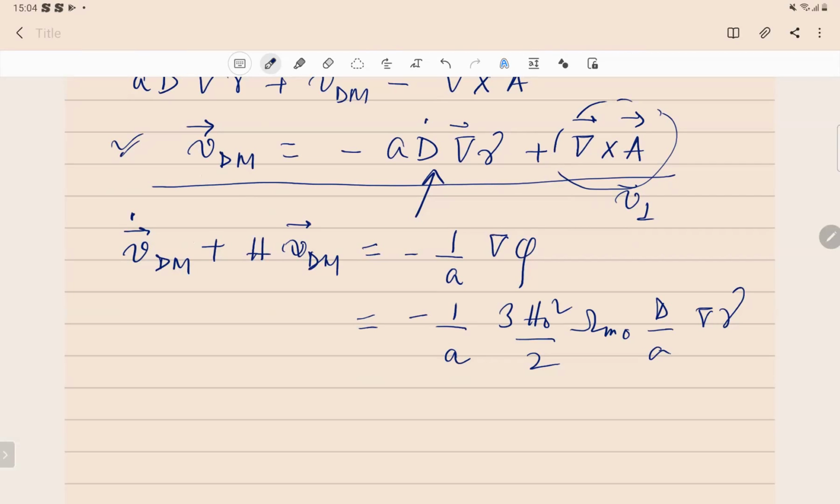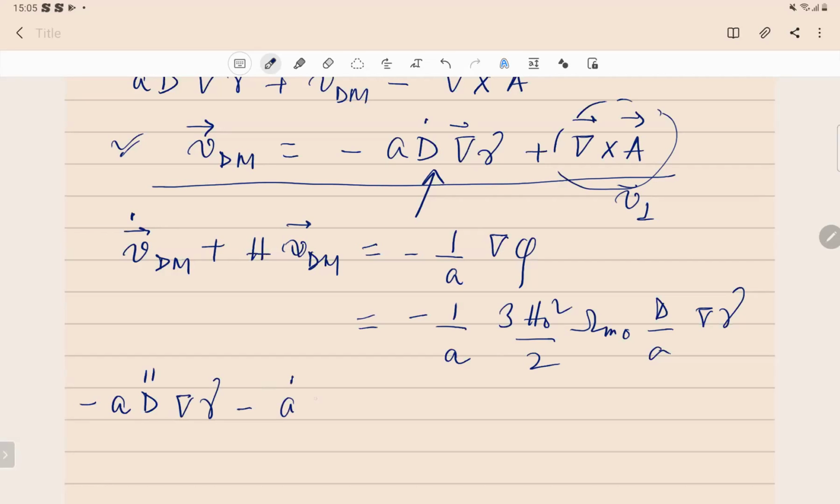You will have several terms because you have a, d, except that this grad of gamma is something which is time independent. We saw that. So you have several terms. So this derivative will give you, what kind of terms will you get? Let's actually do it. Let's work it out. So when you take the derivative, you will get minus a d double dot grad xi